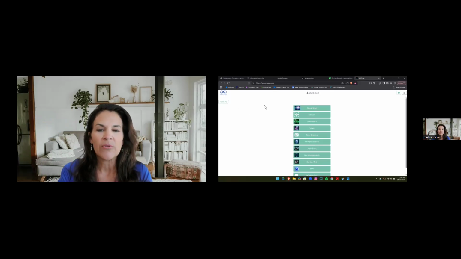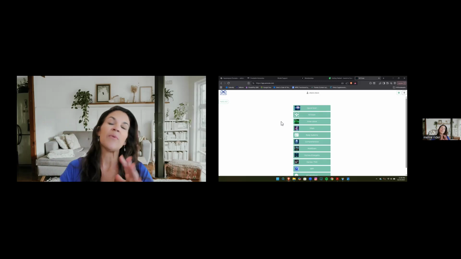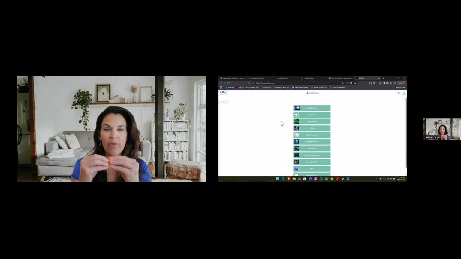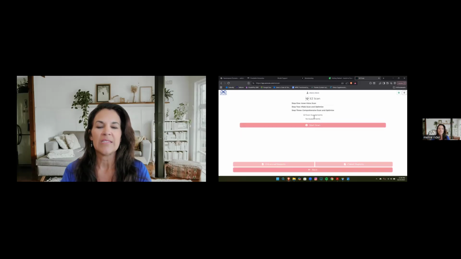So people say, why does my scan have all these red dots? Easy Scan was the scan that I do with my clients, because it would then generate a report of all the areas that didn't quite optimize and shows the areas that are still a little bit out of balance. Then that helps me guide my clients as to what direction they need to work on towards their health and wellness. So this Easy Scan,